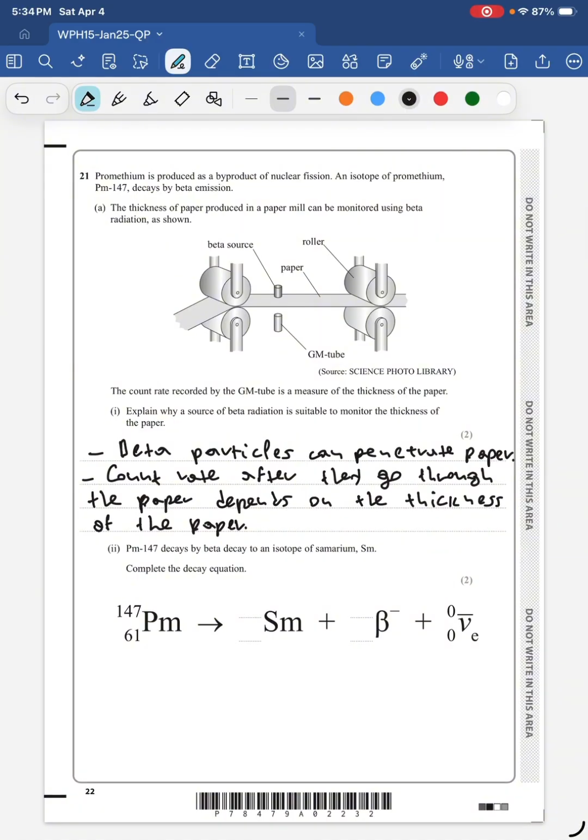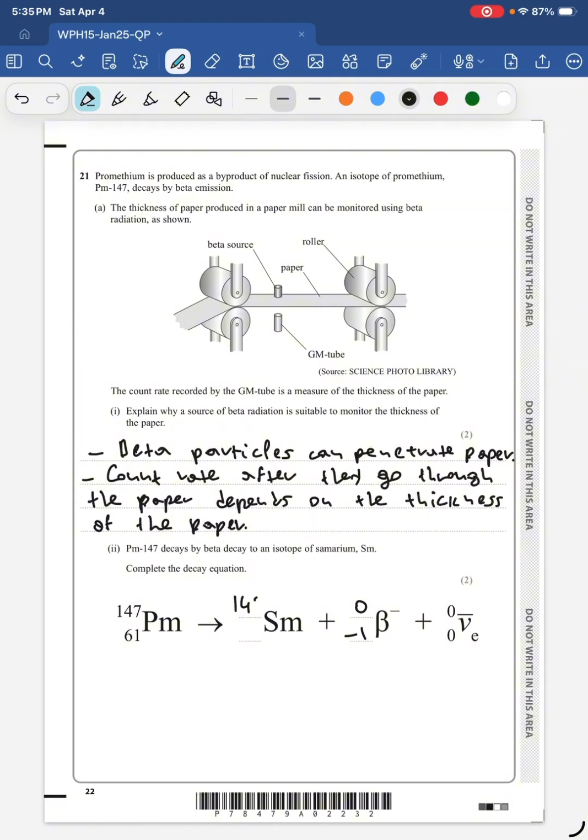promethium 147 decays by beta decay to an isotope of samarium, Sm. Complete the decay equation. Okay, let's start with the beta particle. It has 0 mass number and a -1 charge number, and therefore samarium is